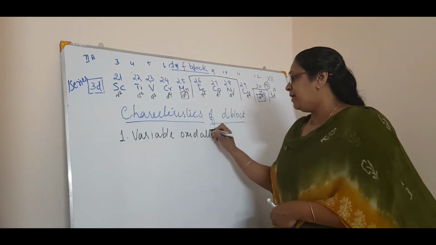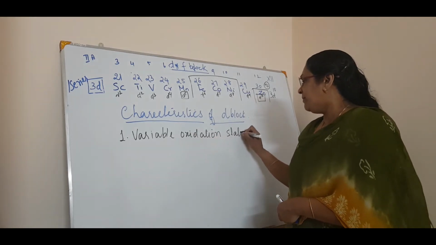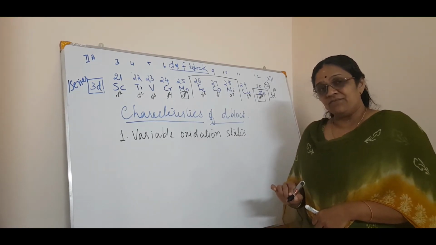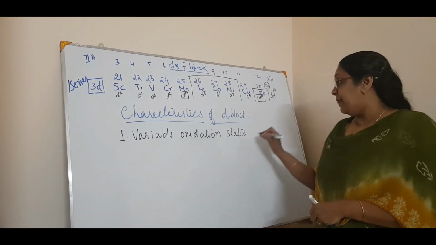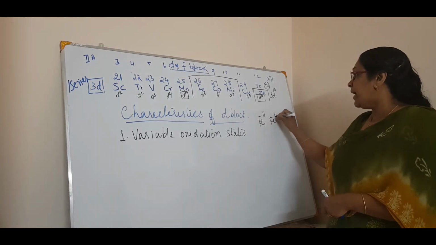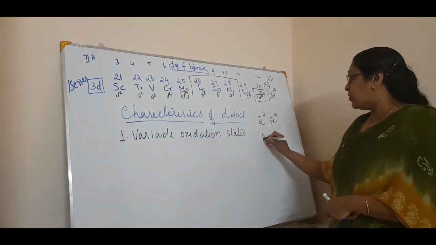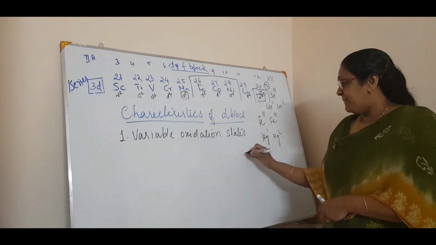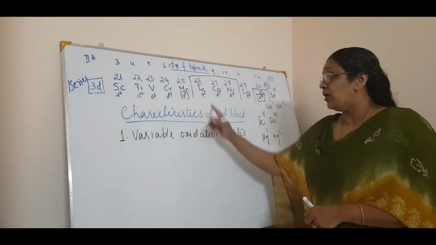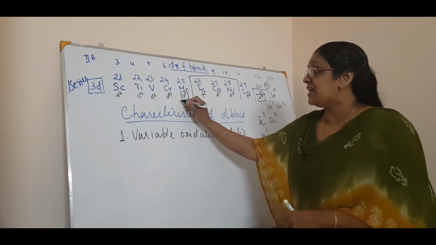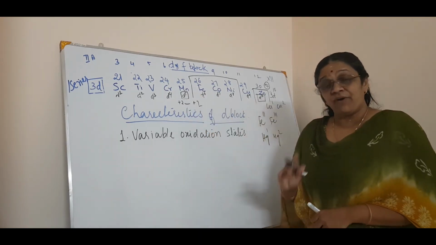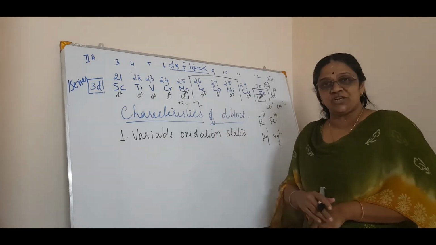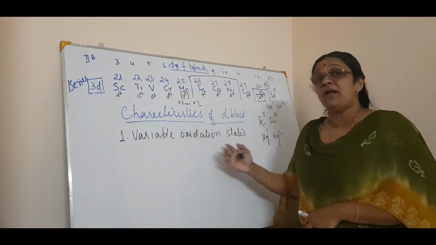What do you mean by variable oxidation states? When you studied valencies, we talked about variable valency, isn't it? And we come across iron 2, iron 3, mercury 1, mercury 2, copper 1, copper 2, isn't it? Then vanadium and manganese, manganese will have oxidation states from +2 to +7: +2, +3, +4, +5, +6 and +7. In fact, 6 oxidation states are there. So that is the meaning of variable oxidation state.